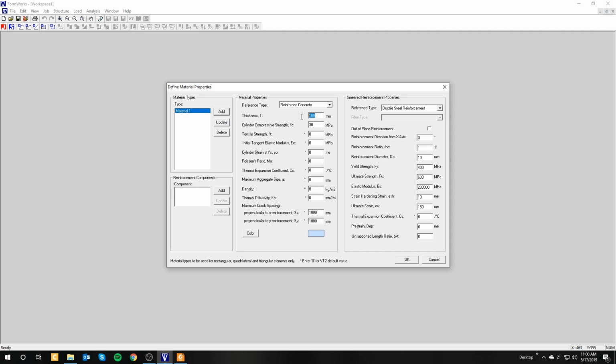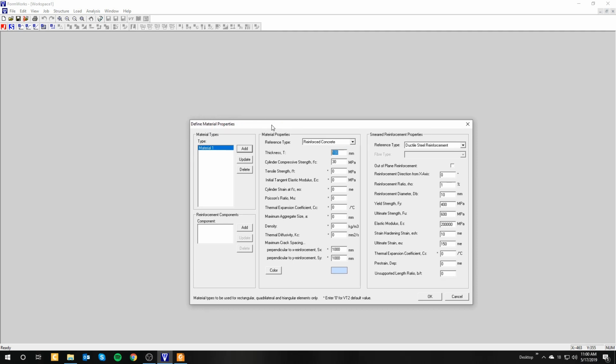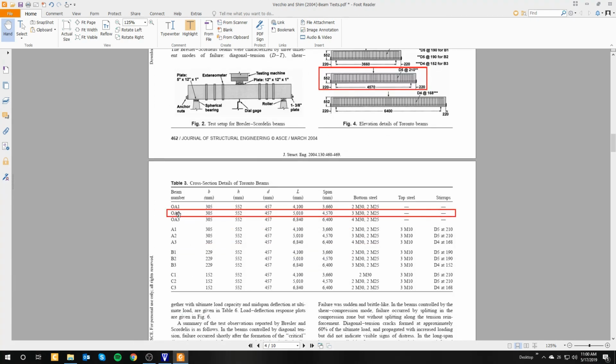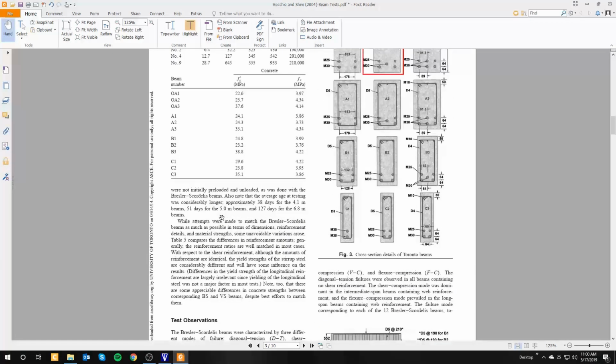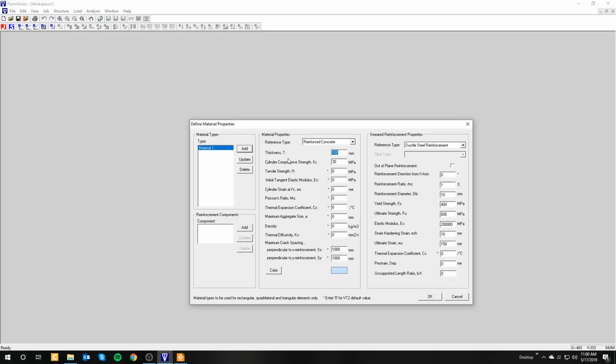We need first to define the thickness, and the thickness is the out of the plane of the window direction dimension that we need to define. VecTor2 is 2D, so the depth of the members is what this thickness means. So if we go back to our paper, we will see that our OA2 has a B, which is the thickness out of plane of 305. So if we go back and put 305 here,